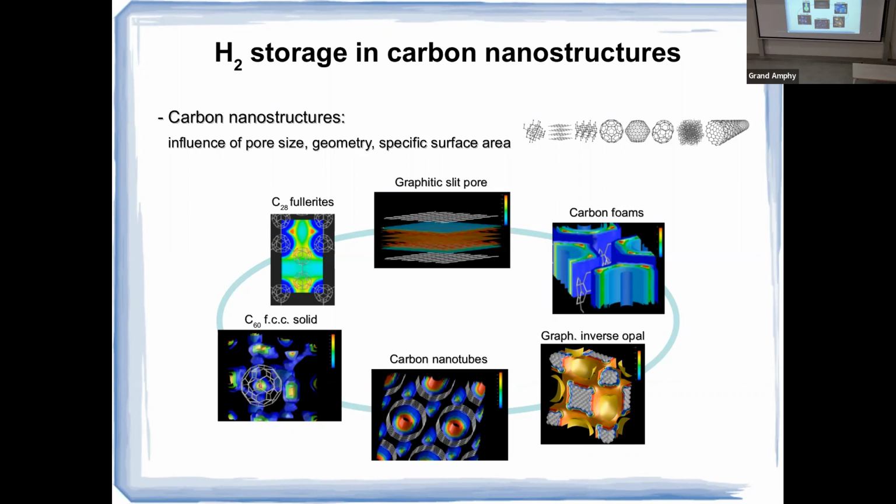And in principle, the scheme is very successful for these carbonaceous materials. We have addressed several nanostructures, and then we can predict, as I told you, both the thermodynamic properties and the microscopic structure of the absorbed fluid. And whenever there is a reference, either theoretical or experimental, it matches what is known at the moment. And there are also predictions for systems which are out of reach for other techniques like path integral Monte Carlo.